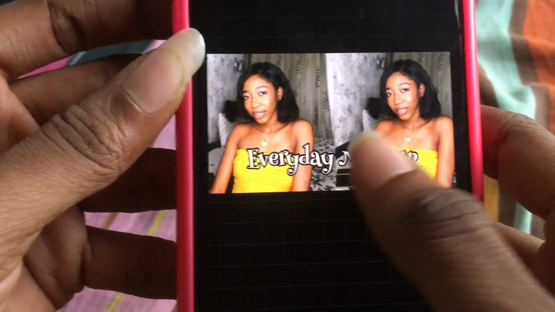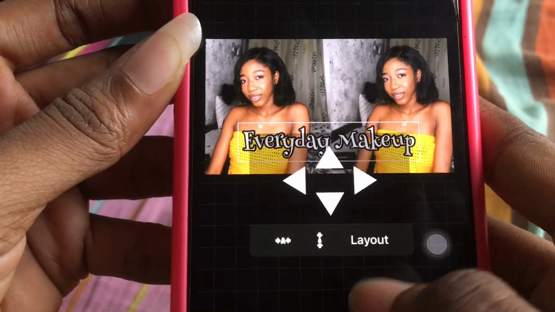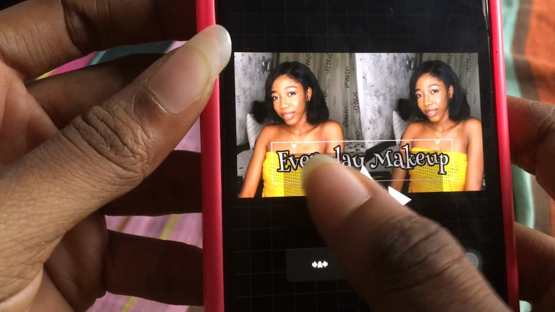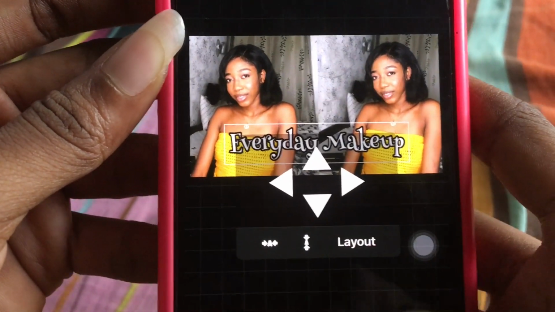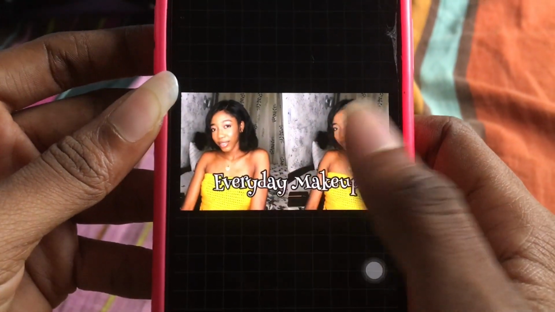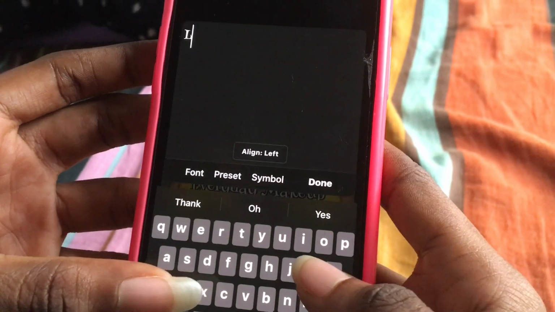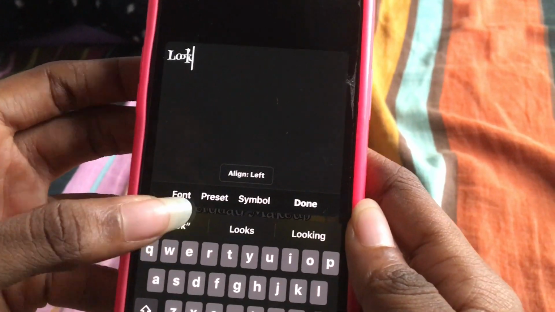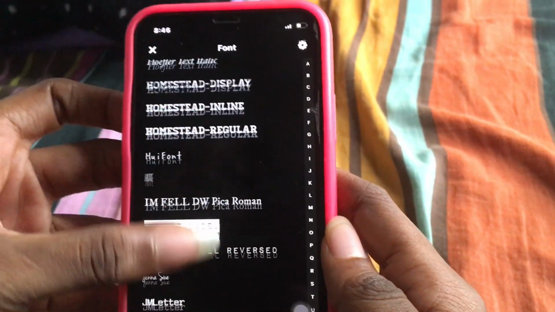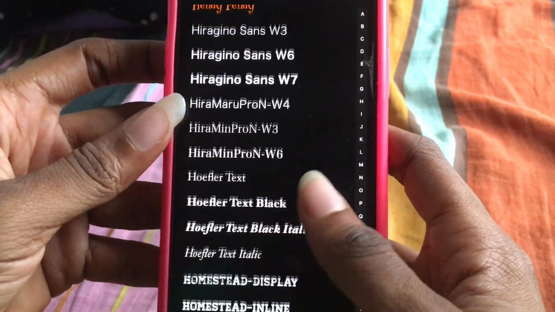You can place it anywhere you want using the move button. If you want to tilt it, you can use the tilt thing over there to tilt it. If you want to add another text, let's say look, follow the same procedure. You select a font that you want. So I'll be selecting